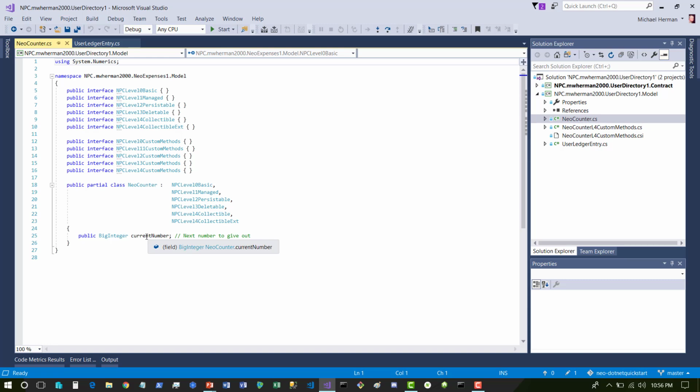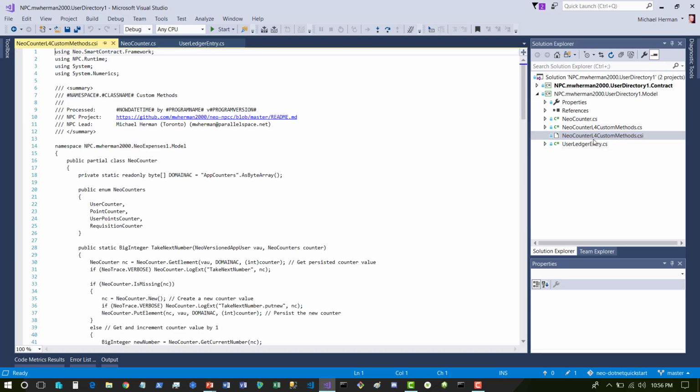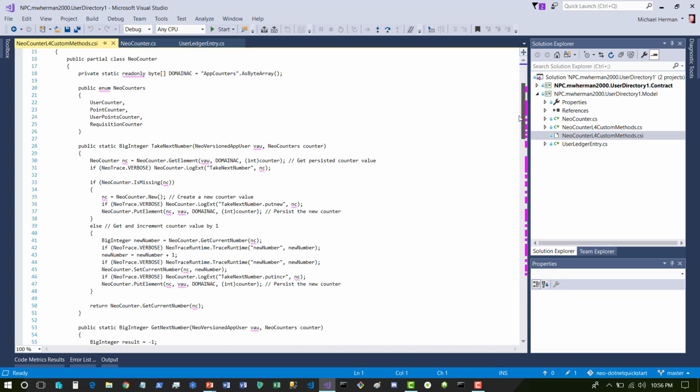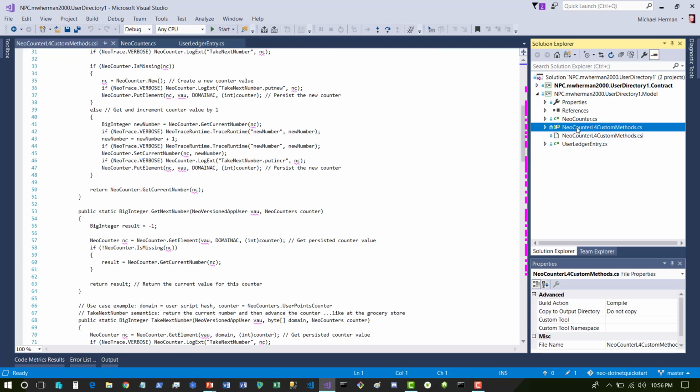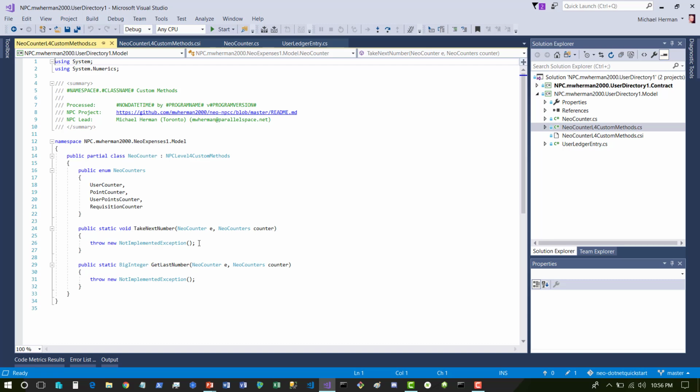But we want to have more business level methods like take next number, and sometimes we want to be able to give back a number as well. So in a previous project, NeoCounter was developed, and then the code for that was captured. If we go here into this CSI file, we can see that we have take next number and a full implementation of that, and get next number and a full implementation of that. This is just kind of a placeholder, so that we're able to fully compile this